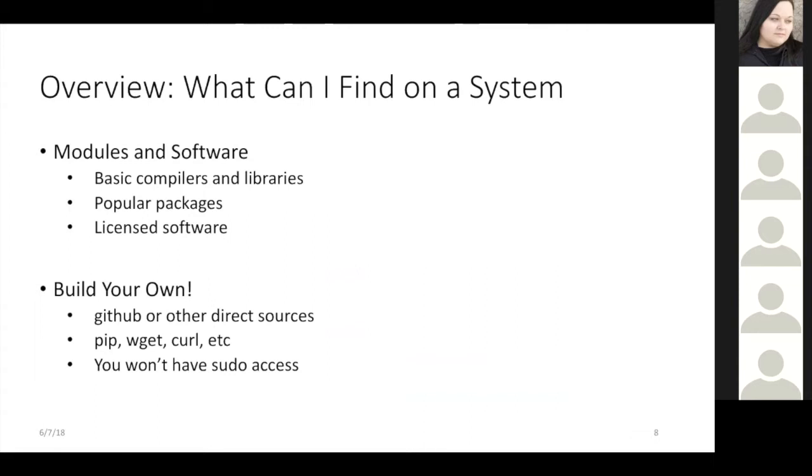These aren't closed ecosystems. You're not bound by what you see on the machine. So you can use pip if you're running things with Python. You can download things from GitHub or other direct sources. The only thing to keep in mind when you're doing that is that as a user, you will not have root access. So instead of using sudo install commands, you will install things locally, specifically to your account. And this is the sort of thing that if you have issues with, you can always open a ticket and we're happy to help you work through how to get your particular piece of software installed.